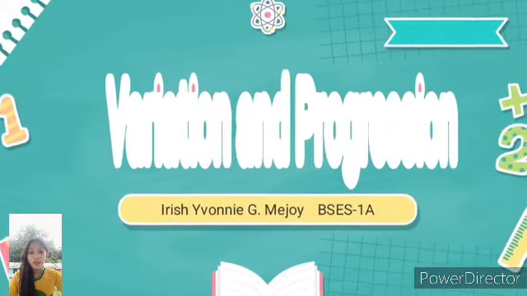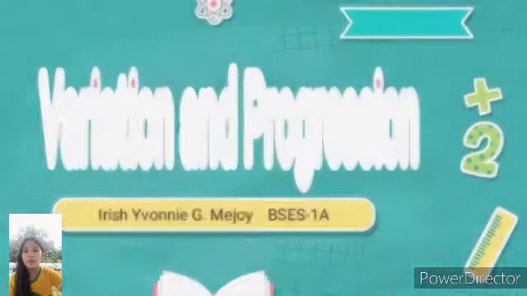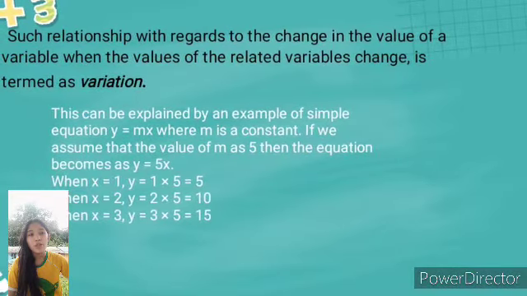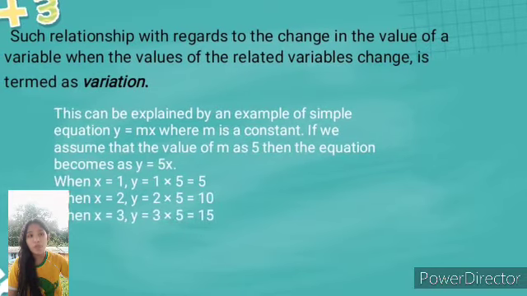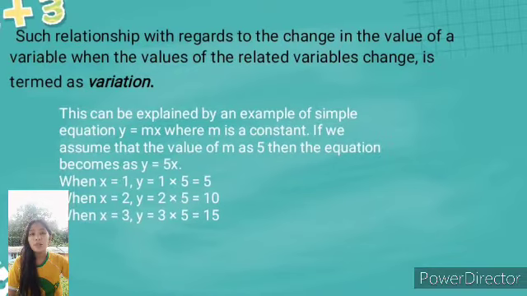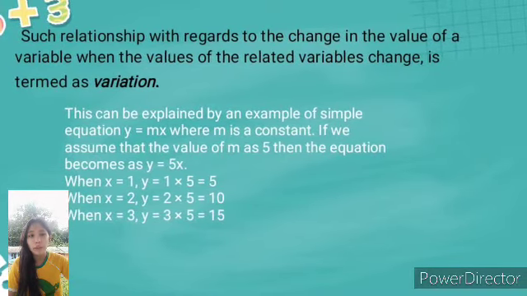Good day everyone. In this video discussion, we'll discuss variation and progressions. Such relationships, with regards to the change in the value of a variable when the values of related variables change, is termed as variation. This can be explained by an example of a simple equation y equals mx, where m is